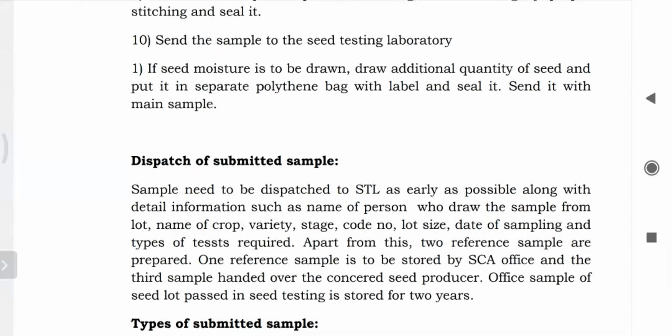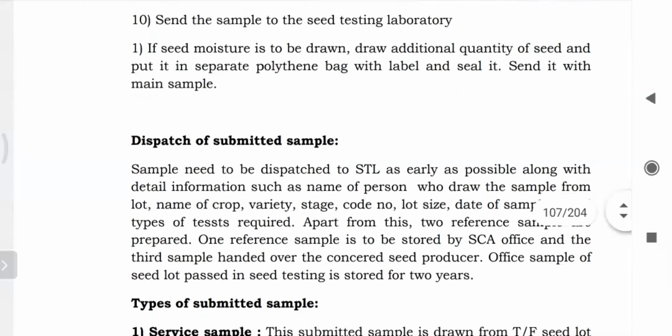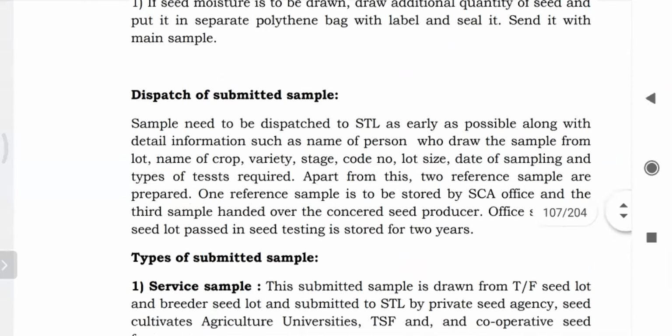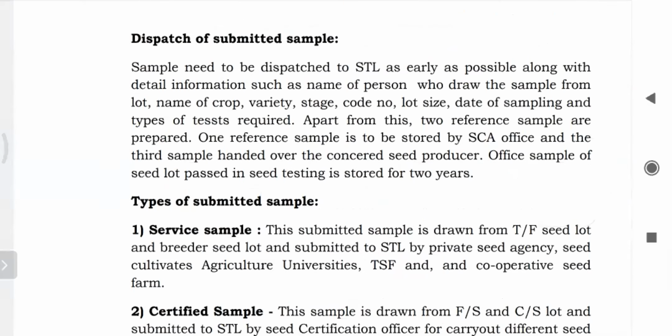The sample of a seed lot passed in the seed testing is stored for 2 years. So next is the types of submitted samples. So there are generally